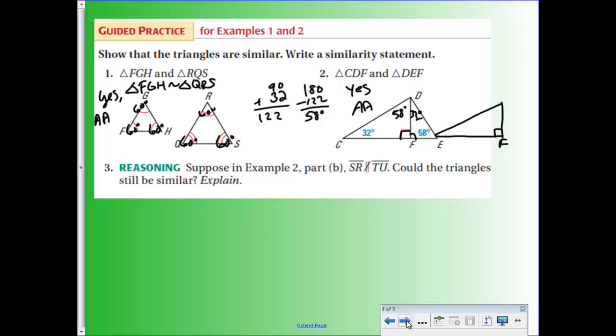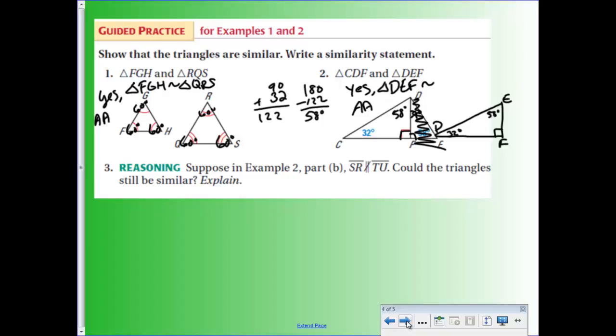58 degrees is at E. And 32 degrees is D. And this is my D. I took that one and I redrew it, now I'm done with it. So what's our similarity statement look like? Okay, triangle DEF